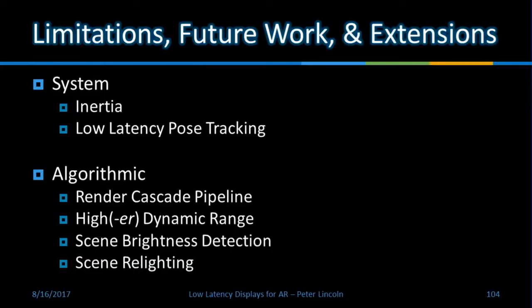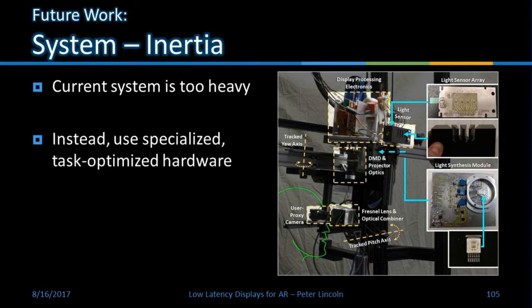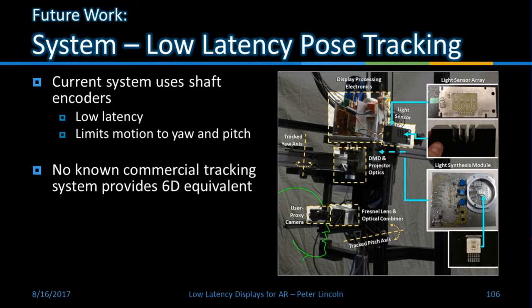Well, there's several. Let me talk about some of them. First off, with regards to inertia, the system's way too heavy. It's more a display that wears you instead of you wearing it. Instead, if we weren't using these standardized boards and were using more specialized task-optimized hardware, we could probably shrink this down a bit. And currently, the system uses shaft encoders for low latency, but they limited the motion to yaw